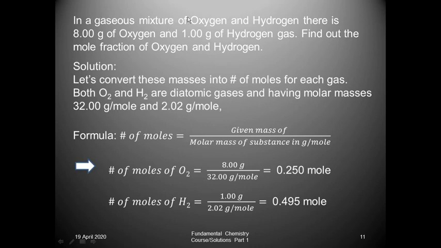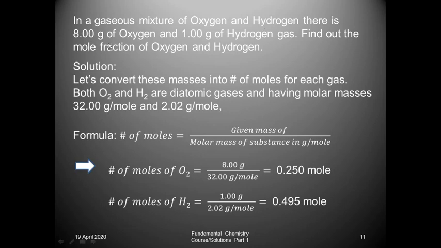In a gaseous mixture of oxygen and hydrogen, I have just used their names, not formulas. You have to keep in mind what the formula for the gases is. For oxygen it is O2, for hydrogen it is H2, for ozone it is O3, for helium it is just He, because helium is a noble gas, a monoatomic gas. So helium's atom and helium's molecule are the same.